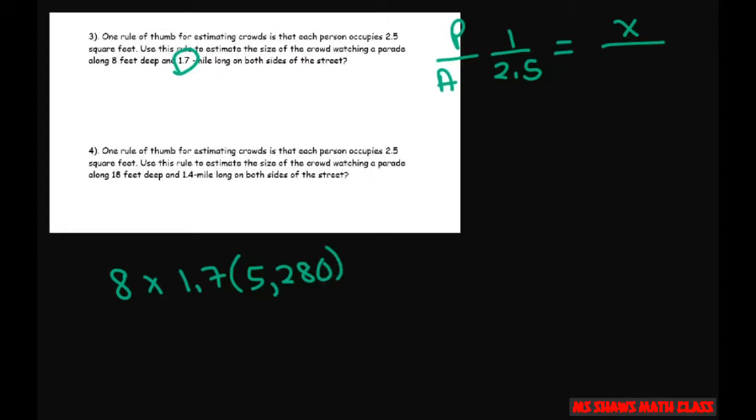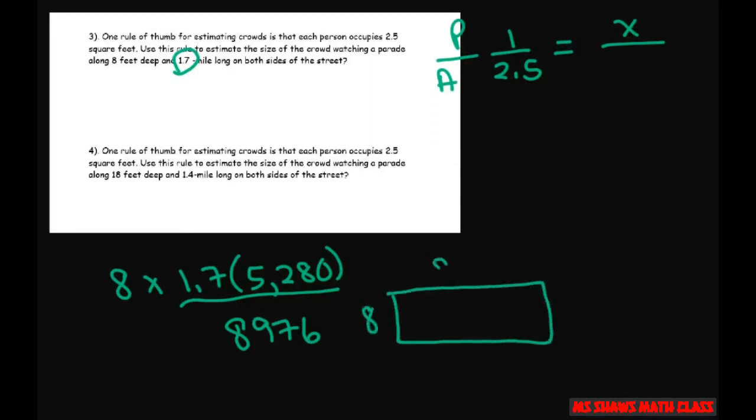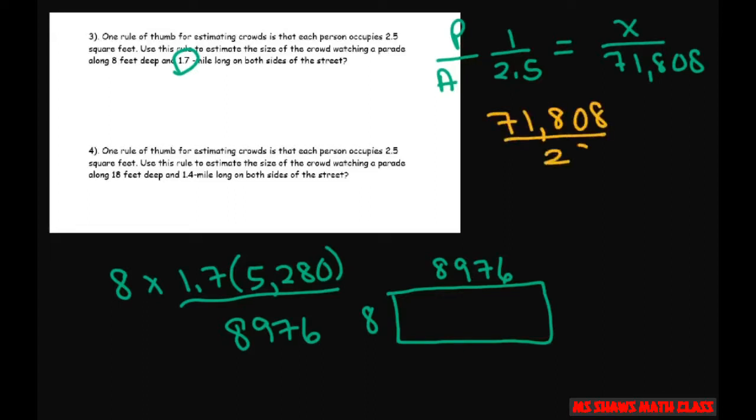Now when you multiply these two, you're going to get 8,976. So basically we have 8 by 8,976. You multiply those two, and you're going to get 71,808. Cross multiply, and you're going to get 71,808 divided by 2.5, and that gives you